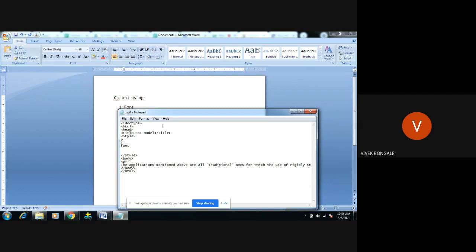Font family colon, like Cambria, then Calibri, then Times New Roman, and last I use serif, then a semicolon.